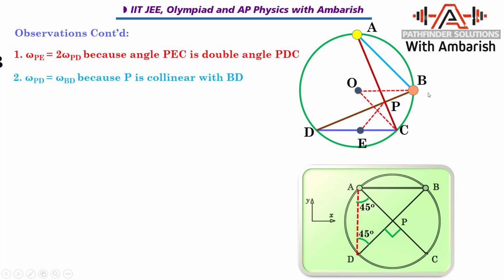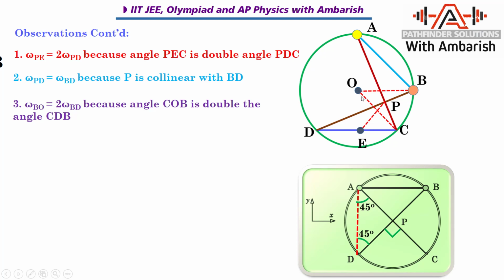All right. What else can we see from the kinematics of the problem? Now third observation, pay very careful attention to this one. I am saying omega of B about O. So O is the center of the circle. So omega of B about O is double the omega of B about D. Why? You see angle COB and CDB. You consider these two angles. You know that the angle subtended at the center is double the angle subtended at the periphery. That's a standard theorem in geometry. So the angle subtended at the center is double the angle subtended on the periphery.